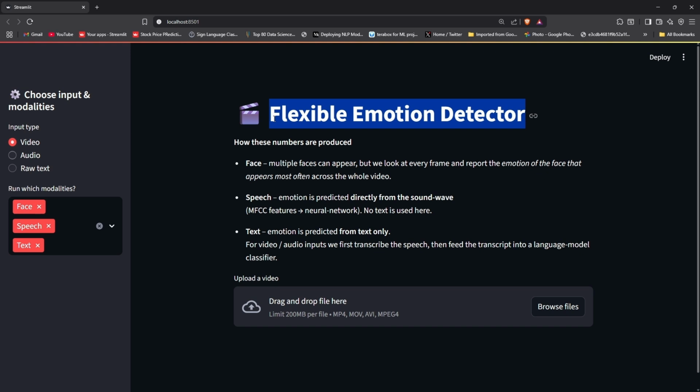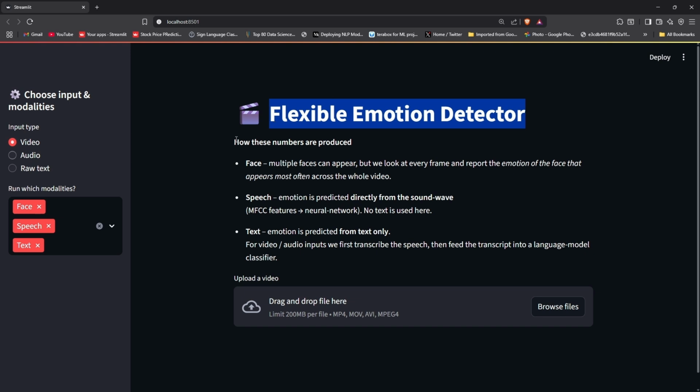In this project, we will feed a video, and according to the video, three detections occur. First is face detection, second is speech detection, and third is text detection. After face detection, when the speech model runs, we extract the audio only, then the speech model works. And for the text, after the audio extraction, text extraction is done by the text model. After these three models finish loading, they give you a beautiful result.